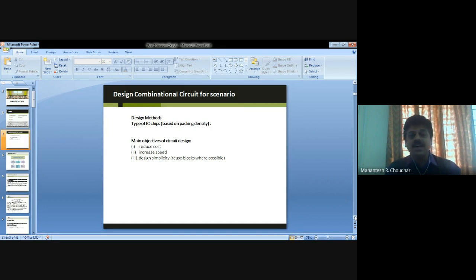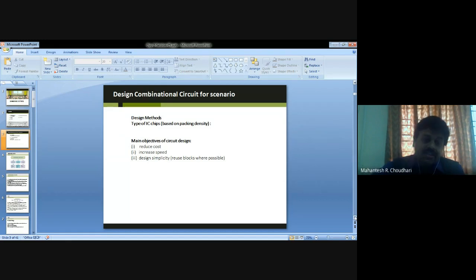A medium scale integration has around 12 to 99 gates. A large scale integration has around 100 to 9,999 gates. Then a very large scale integrated circuit has around 10,000 to 99,999 gates, around 1 lakh. Then ultra large scale integration has greater than 1 lakh gates.